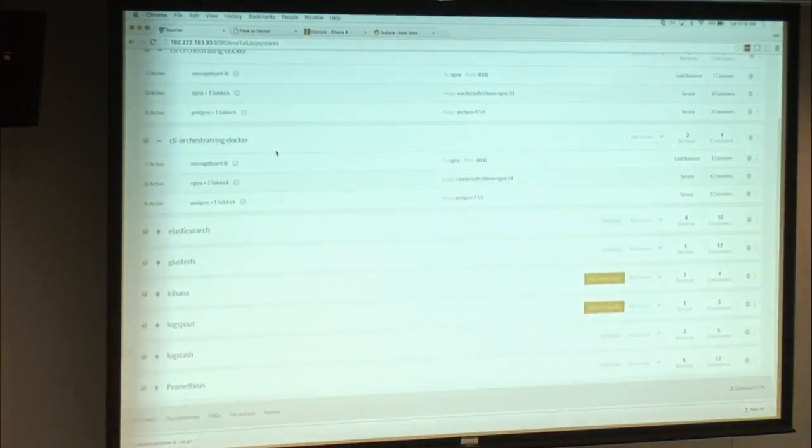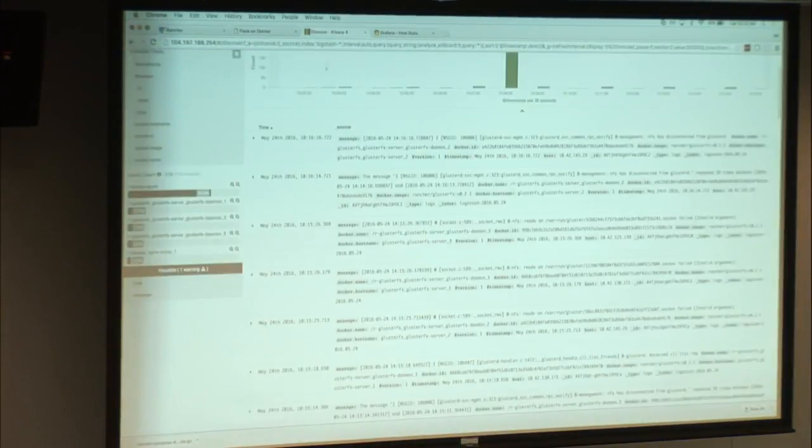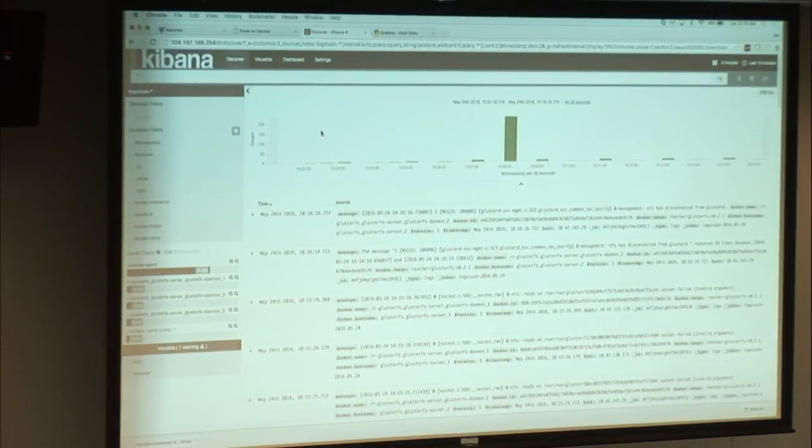So here, these are all roughly the same set of services. And we've got Kibana. What we deployed was Logspout, and that's a project by Gliderlabs. Basically, it just listens on the Docker socket for events and containers starting, and then it starts siphoning their logs and routing them off the host to wherever you want them to go.